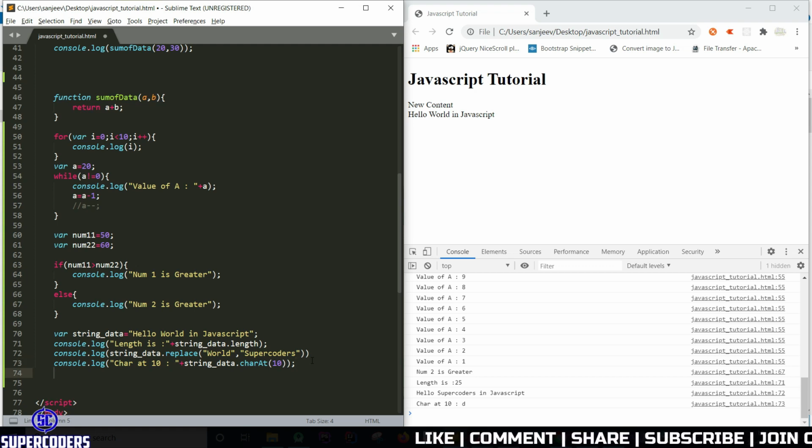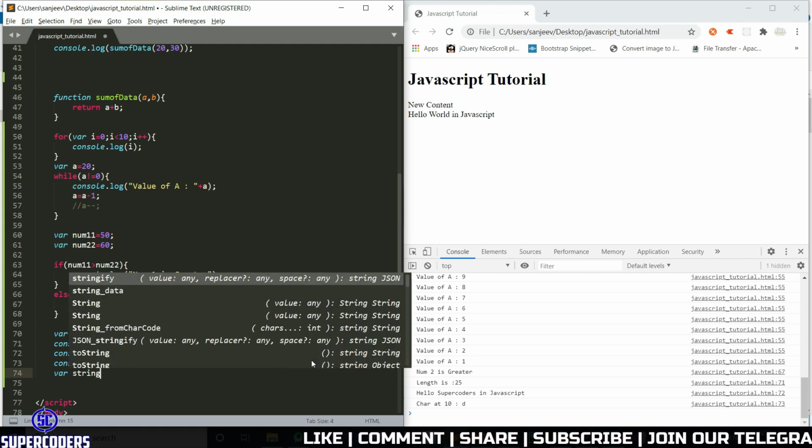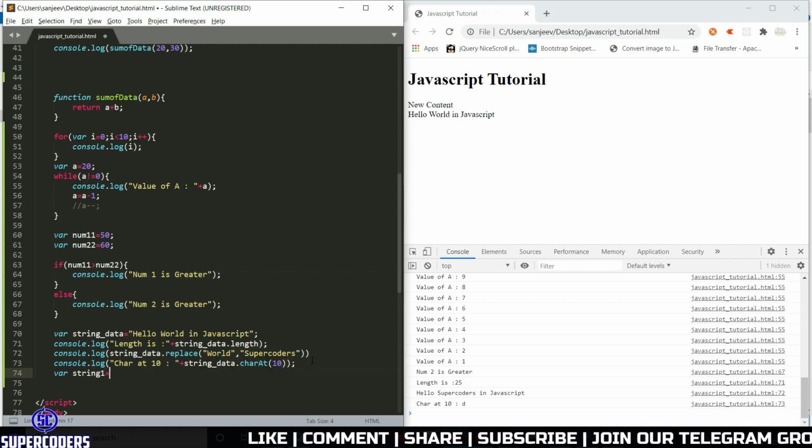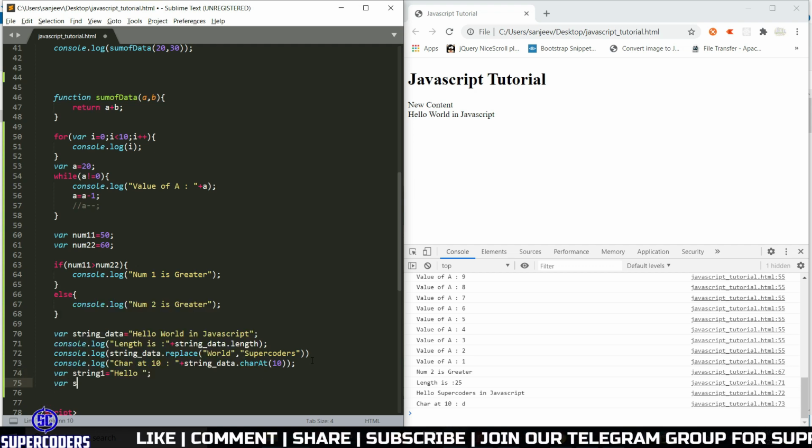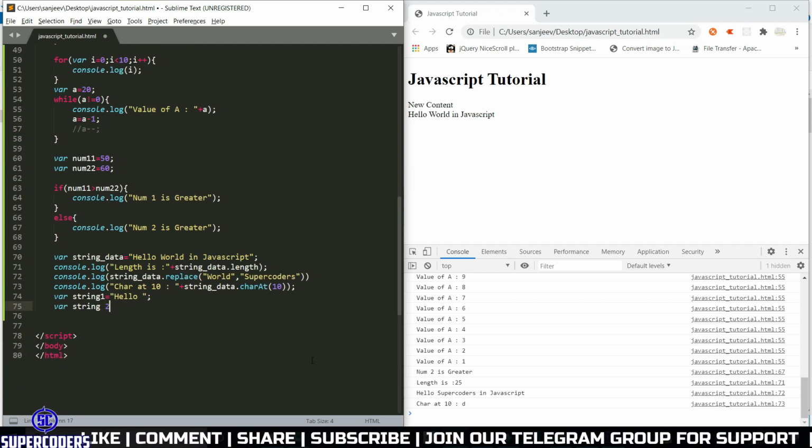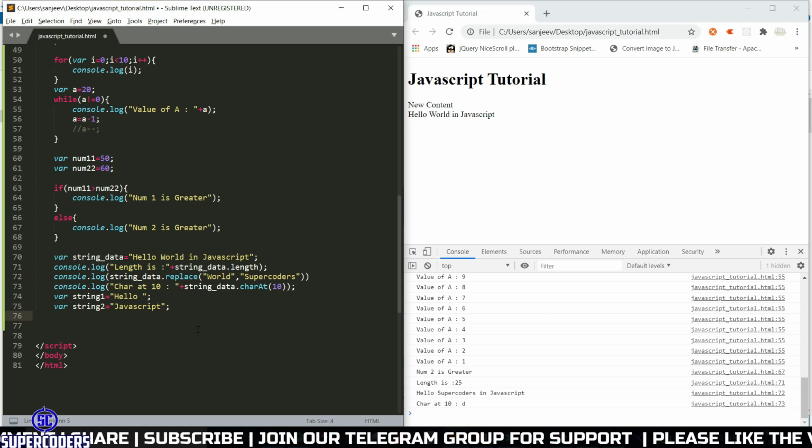So let's see another example here. String where string1 equal to hello, and string2 equal to JavaScript. So let's see how you can sum these strings, meaning joining two strings.